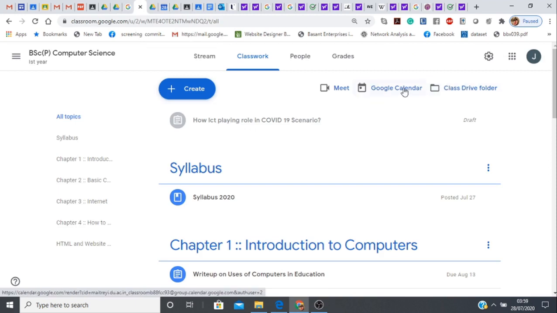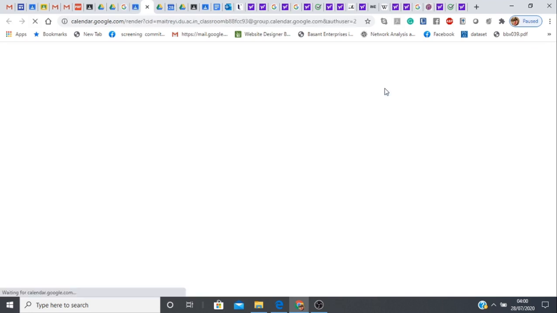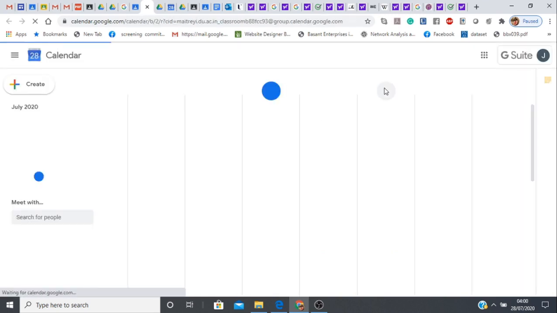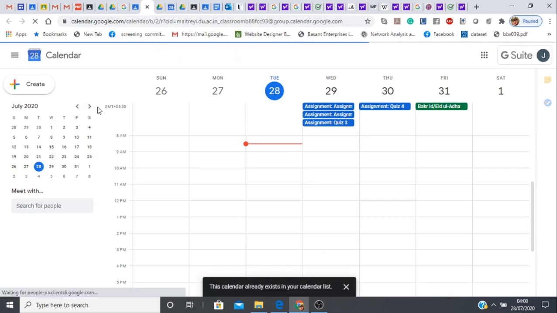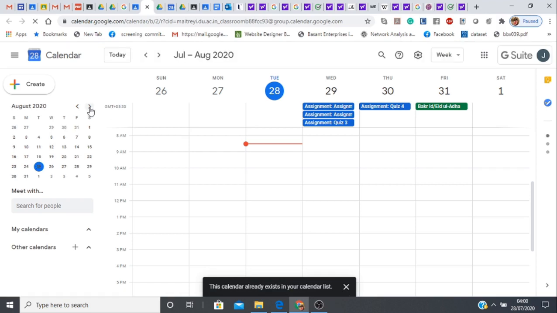And also we have a Google Calendar in which we can see all the updates. For example, in these demonstrations, we have created 2 assignments in which we gave the deadlines in August. So once we click on Google Calendar, we can cross-check what deadlines are coming up and what deadlines we have given to the students for submitting the assignment. So I go to August.